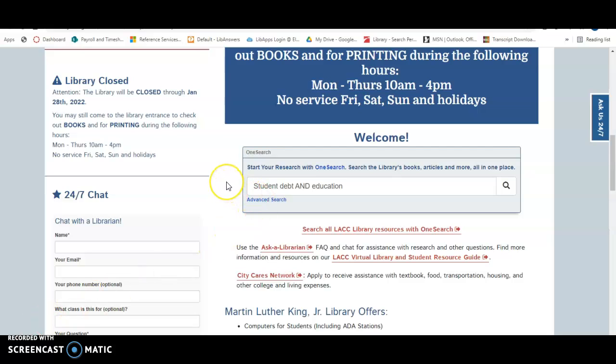Hello everyone. I'm going to show you in this very short little tutorial how to isolate your resources for your advanced search assignment. So the types of resources we are going to be getting in this assignment are peer-reviewed, magazine, and newspaper articles. So I just started right here on the library homepage